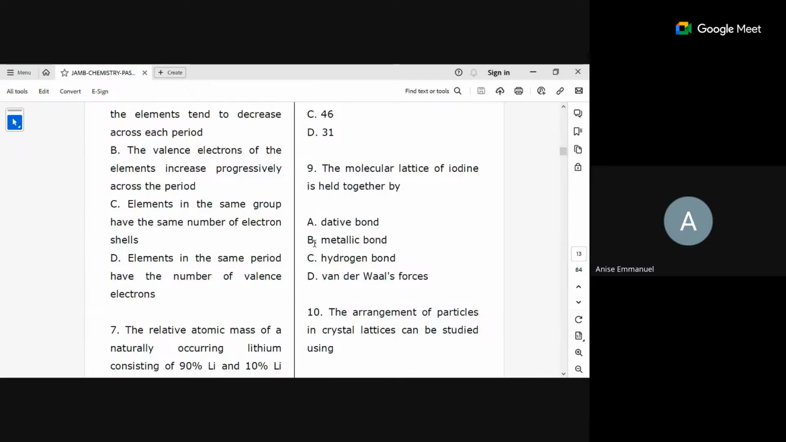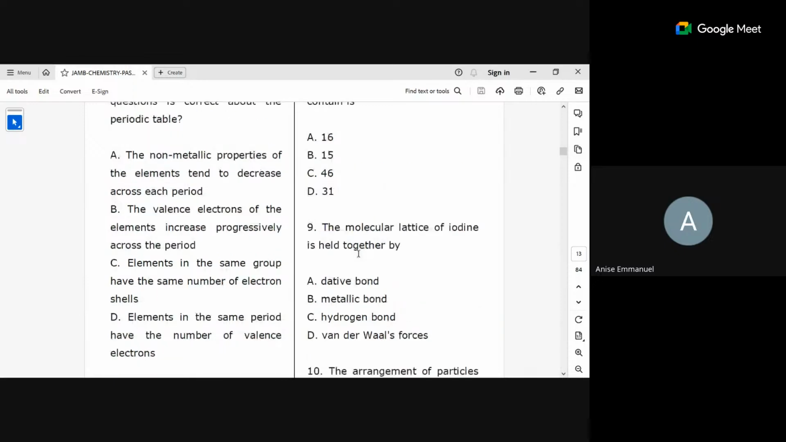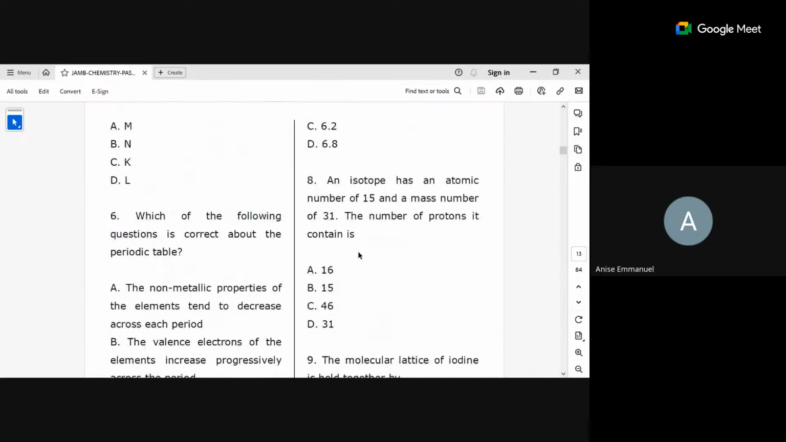So the answer here with my calculation is 6.2, which is going to be C. 6.2, which is going to be C here. 6.2. So number 8. Number 8: an isotope has an atomic number of 15